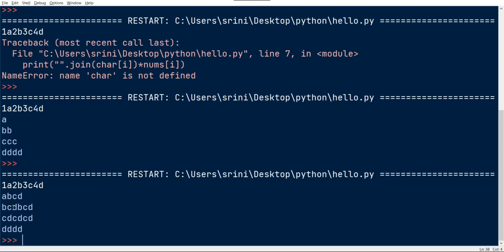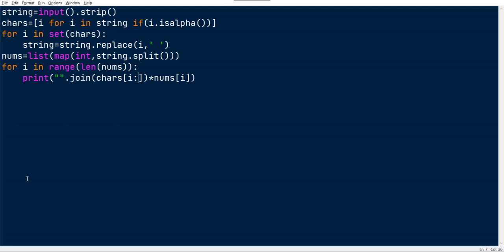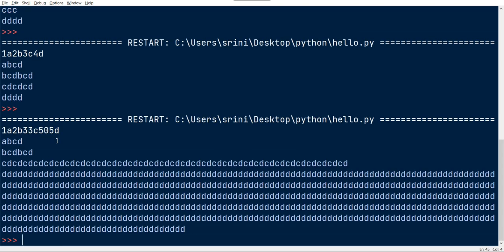Now we got A, B, C, D, B, C, D, C, D, C, D, C, D and 4 Ds. For this input also it will work, but the integer value is bigger, so it will be nasty to look at the output. See, it works, but it's not looking good. That's why I have omitted it.